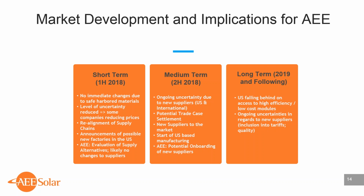On the AEE side, again, we will be very carefully vetting new suppliers. Is there a chance that we would be buying from those? It really comes down to the question of what are the results of those vetting processes and the quality of the product that is supposed to be entering the US. Long term,